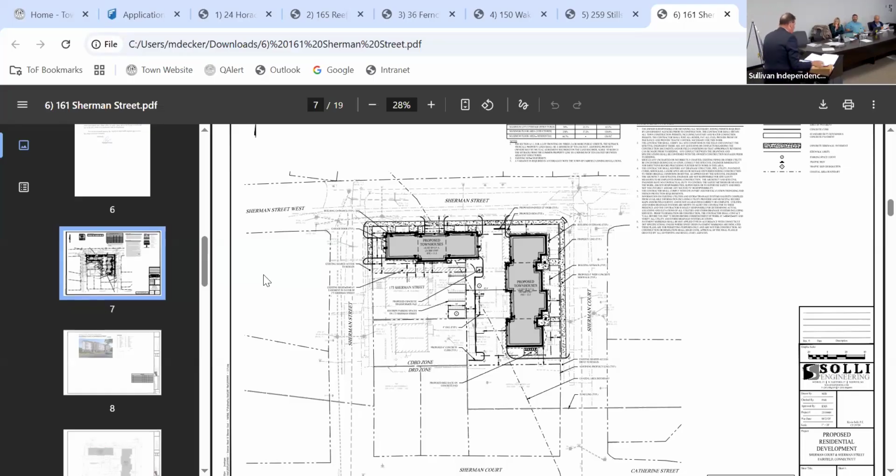What's amazing is that when you look at what you can do in this area, there's a tremendous amount of really dense, intense development that can go on this small street, Sherman Street. For example, the maximum height on these properties would be 52 feet or 5 stories. So basically you can have coverage of 90% and a maximum floor area of 250%. You could put an office building with 4 floors above parking, which this area can't handle.